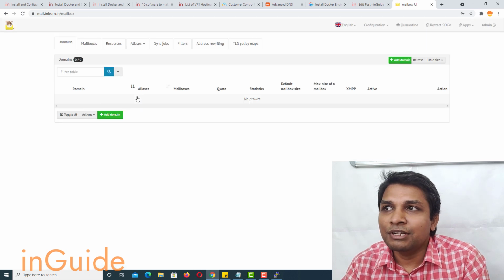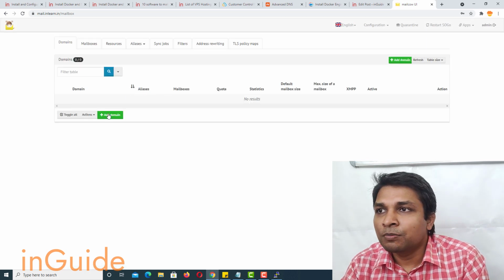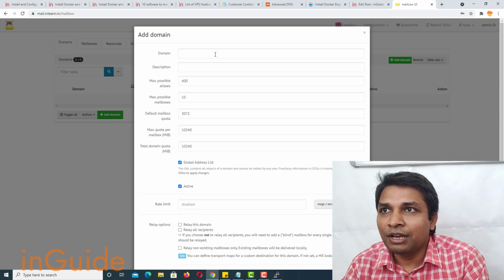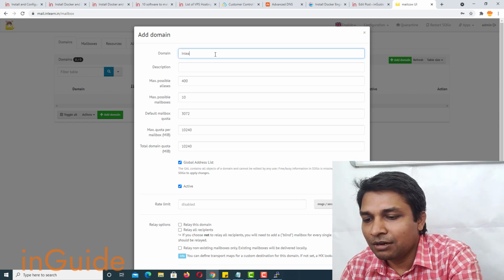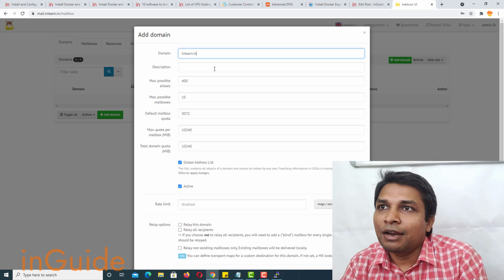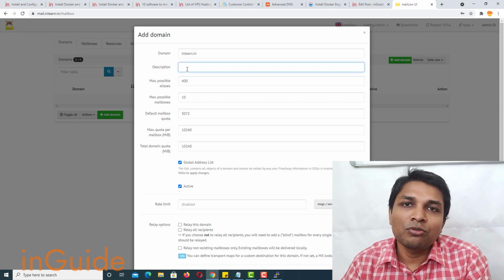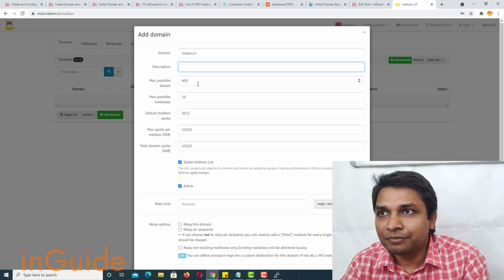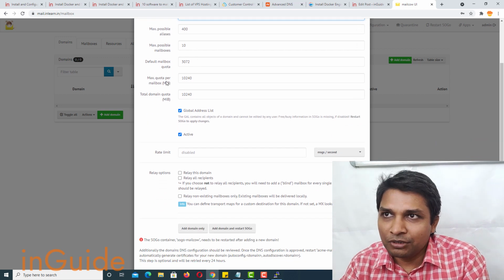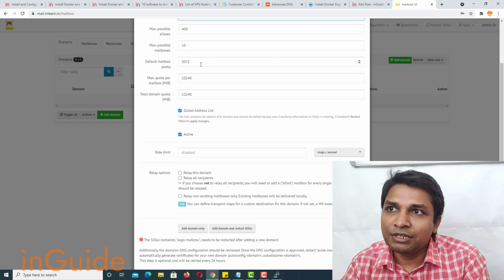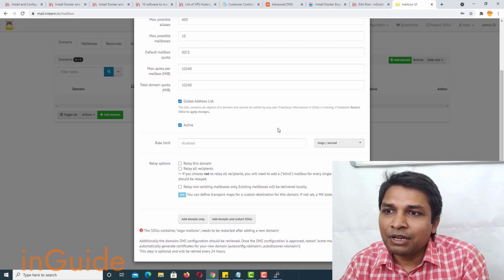Now here you can see there is no domain at all. So first of all I am going to add a domain, and here I'll type inlearn.in, and then if you'd like to type any description you can type it, and you can make changes in these fields as well. After that, here you have relay options, relay this domain, relay all recipients.